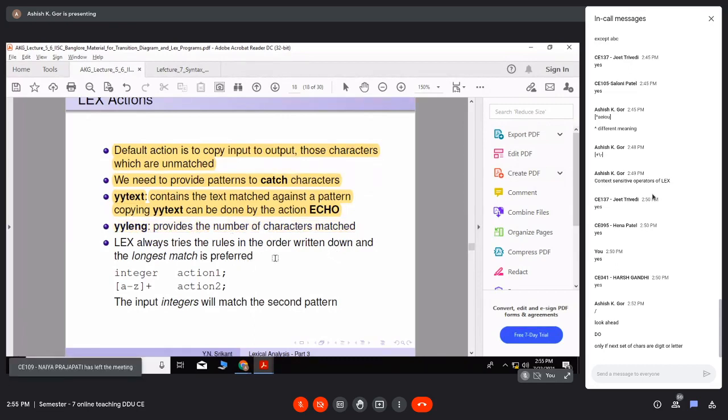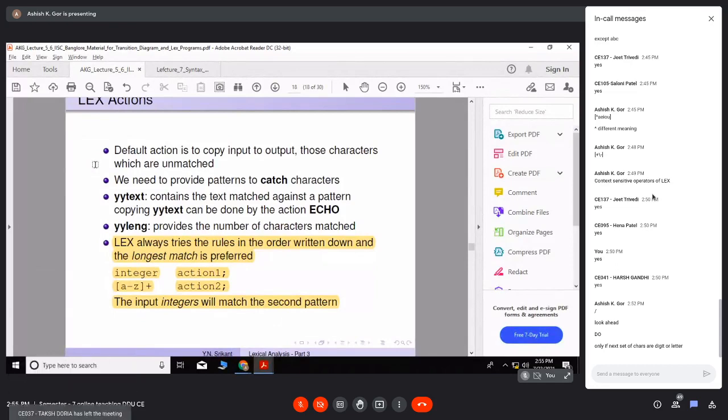Now this point is very important. Lex always tries the rules in the order written down, and the longest match is preferred. Please remember this.